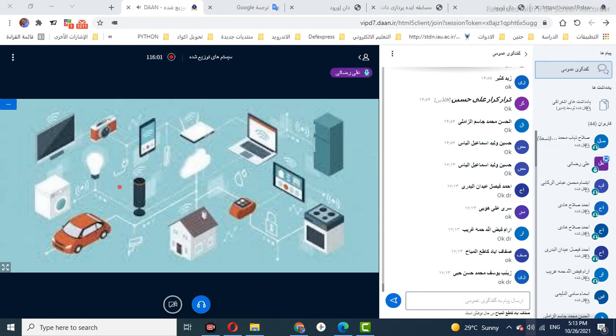Look at this image. In this image, you can see we have different devices. For example, we have smartphones, laptops, televisions or display systems, computers, washing machines, automobiles,